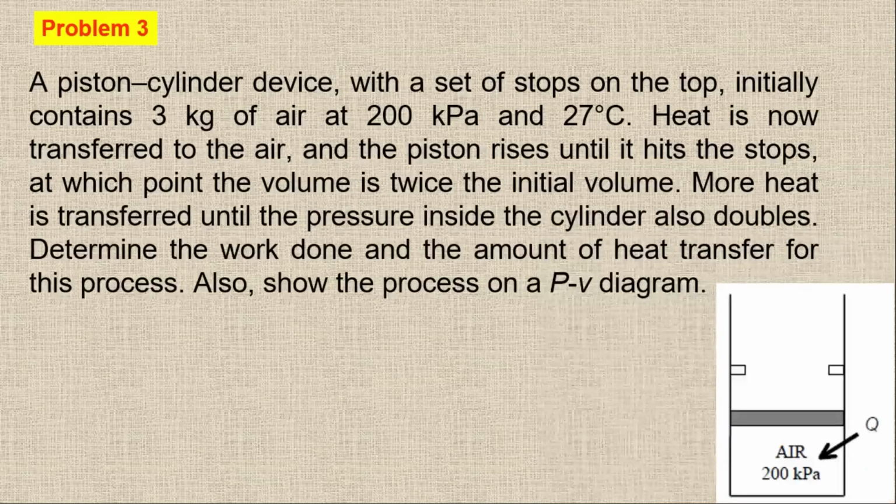And in the question, you can see they are asking to find the work done and the amount of heat transferred. For the work done, for the constant volume process we don't have any work. For the constant pressure process, which is the first process, the boundary work is simply P(V2 minus V1). So first of all we have to find the pressure and volume values at points 1, 2 and 3, and then we can easily solve this question.